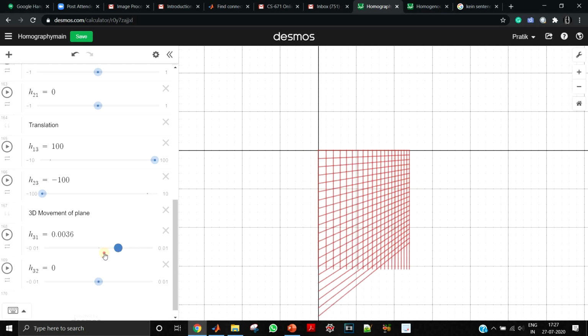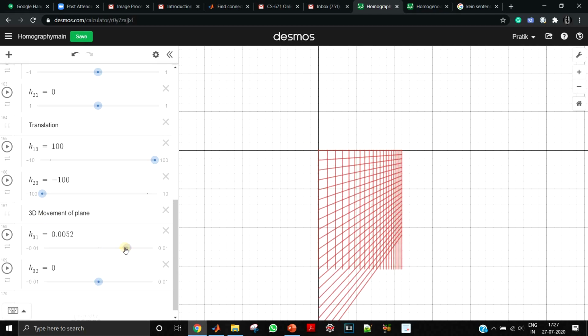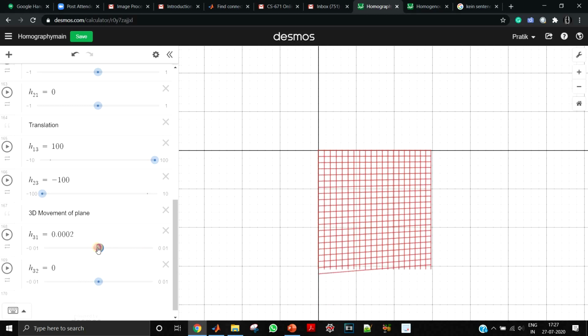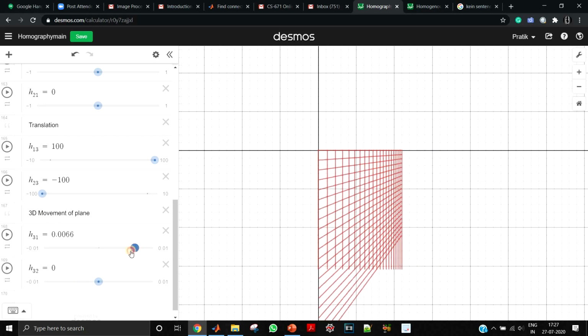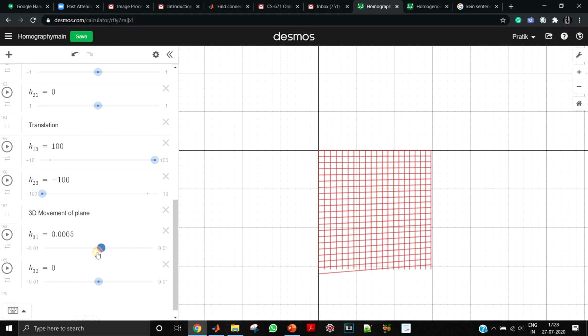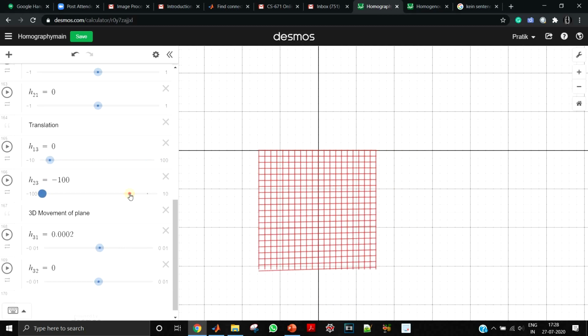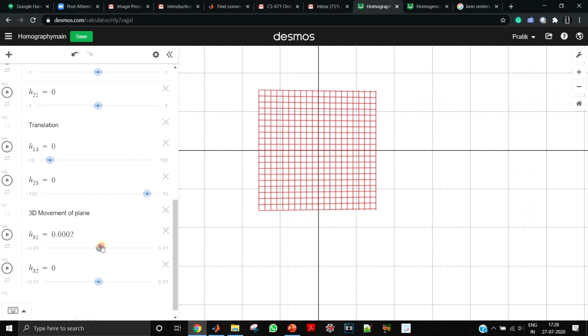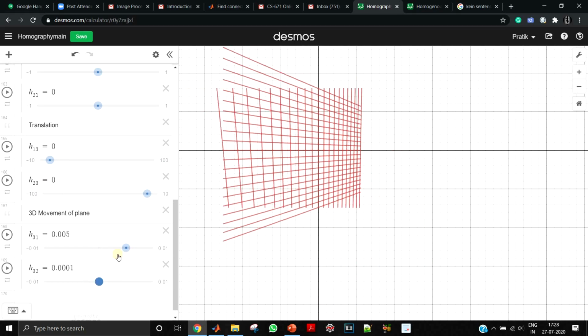So this particular thing has lot of effect in 3D movement of the plane. So it is on you. Do you want to transform the image like this by this particular rotation, or do you want to transform it like this? So this depends upon you. How do you want to transform this particular image?